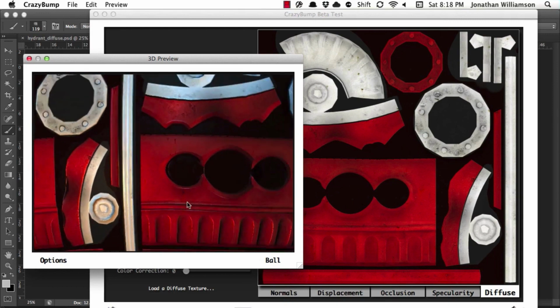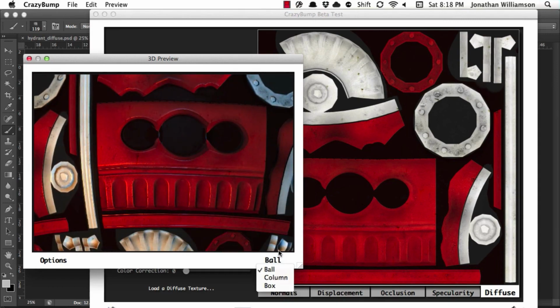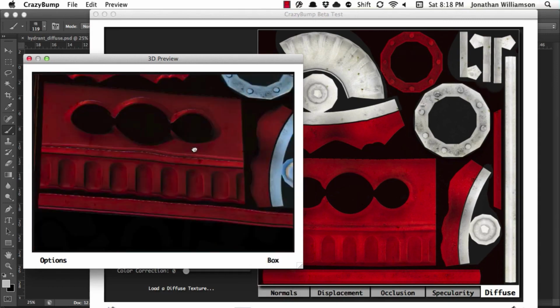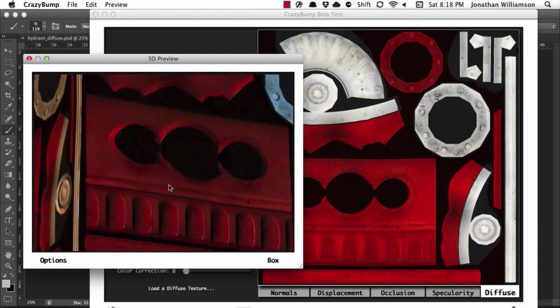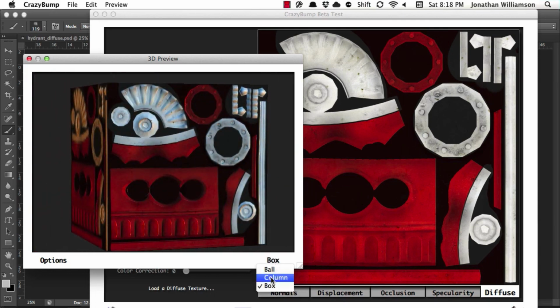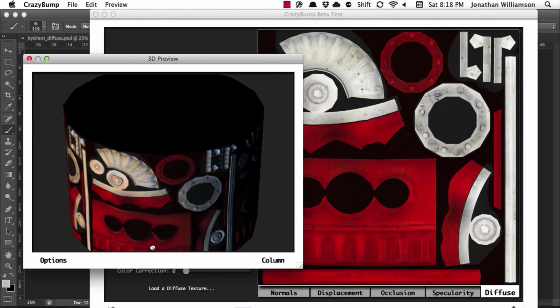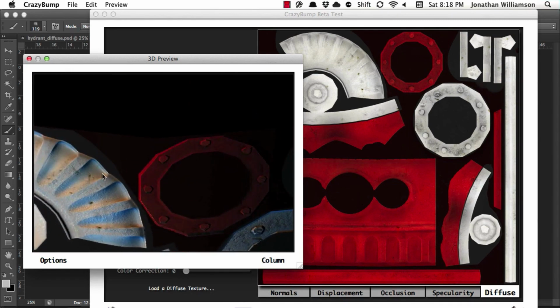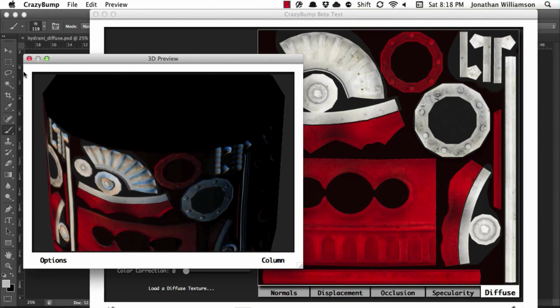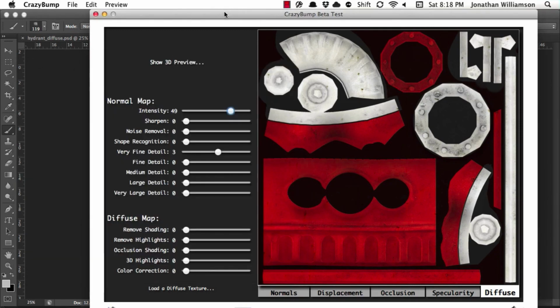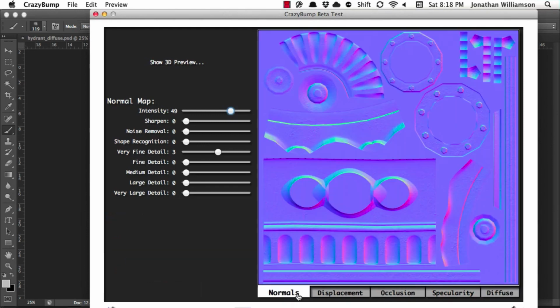We can see some extra grit or grunge detail. We can change this type over to a box if we wanted to see it flat. So really, really awesome. In this case, we'll do column. That's probably the most accurate. Cool. So we can, again, adjust the lighting, see what it looks like from various angles, and that looks pretty awesome. So we're going to close out of this, and then under the Normals tab, by the way, we can